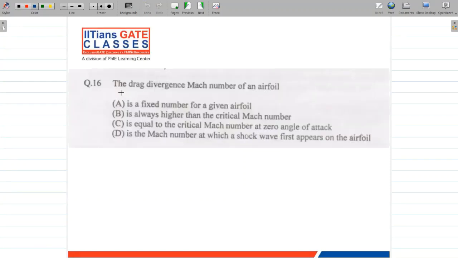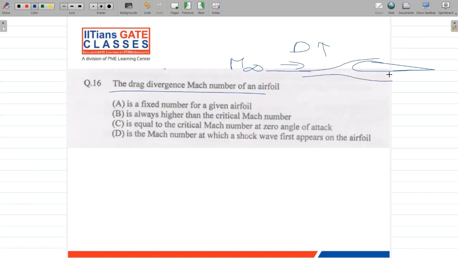So the first question is a simple one: the drag divergence Mach number of an airfoil. As all of you know, the drag divergence Mach number is the Mach number at which your drag will start to rapidly increase over your airfoil. It's some subsonic free stream Mach number; once you allow the free stream to flow at that Mach number over your airfoil, your flow will accelerate on the top of your airfoil, and in some regions the flow is supersonic and